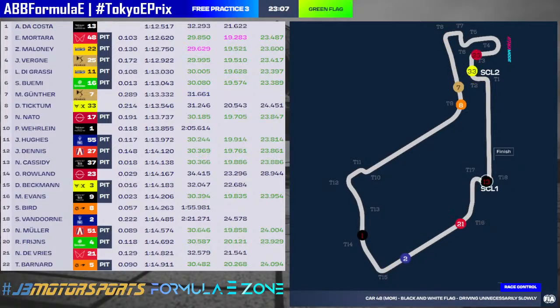So late on the brakes going into there. Looks fast though. Yeah, full commitment. The problem is when you brake that late and you've got the...